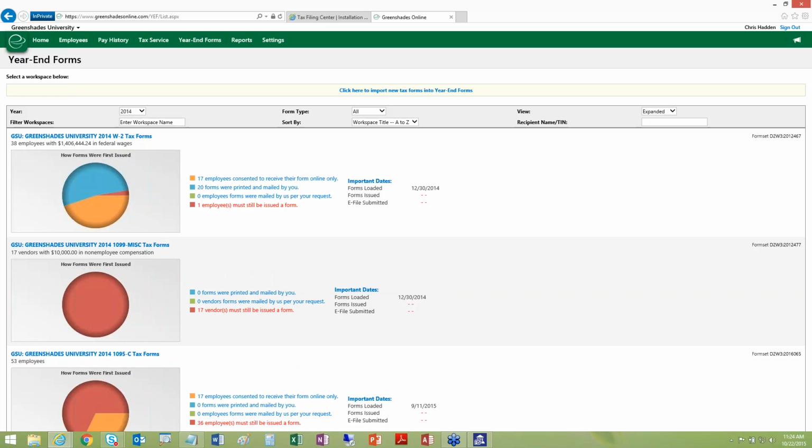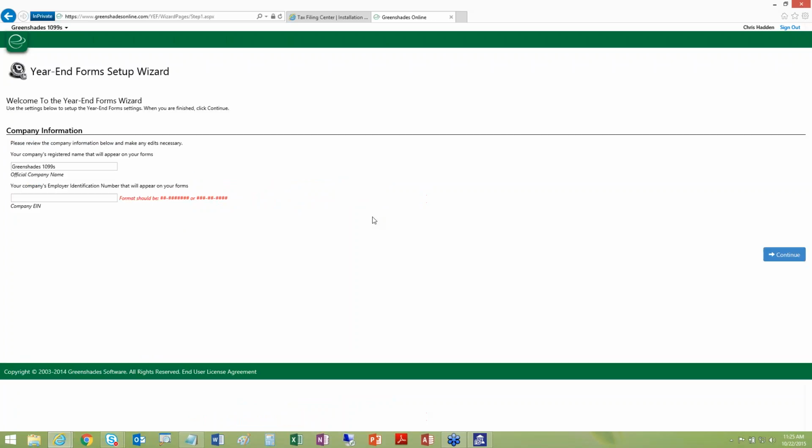So it's not necessarily that you wouldn't want each of them to see the other's respective data, but it's more that just for training purposes, you don't want them to be accidentally going into the wrong form set. So you can set up security rules so that the right individual will only have access to the right form set. And I'll show you a completed form set, but just so you can kind of see how the